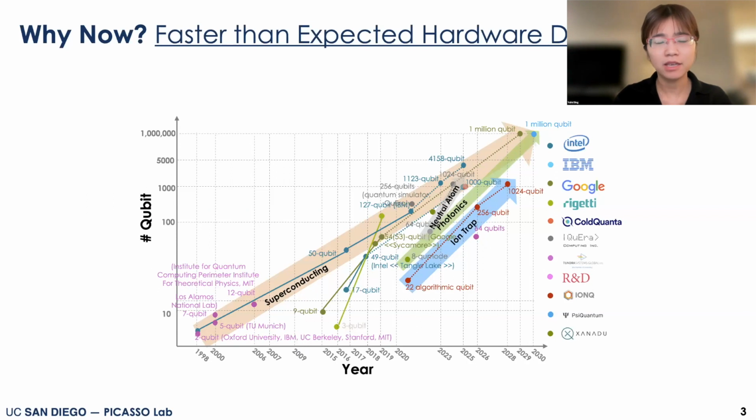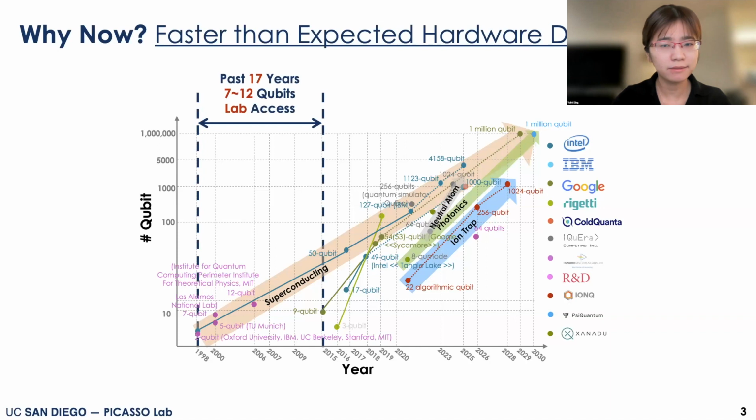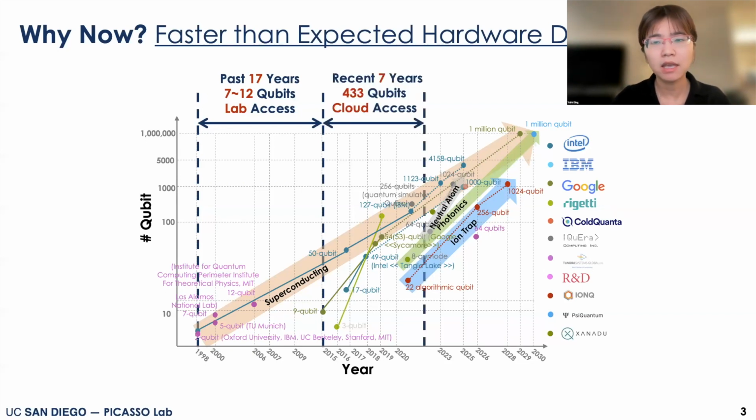So first, why now? I think one of the big reasons is the rapid development of quantum hardware, which has far exceeded expectations. In this figure, I show the recent development of quantum hardware, especially the number of qubits. You can see it has grown significantly over the past years. For a long time, from 1998 to 2015, over 17 years, there was only hardware with a few qubits that could be accessed only in the lab. But if you look at the last 7 years,